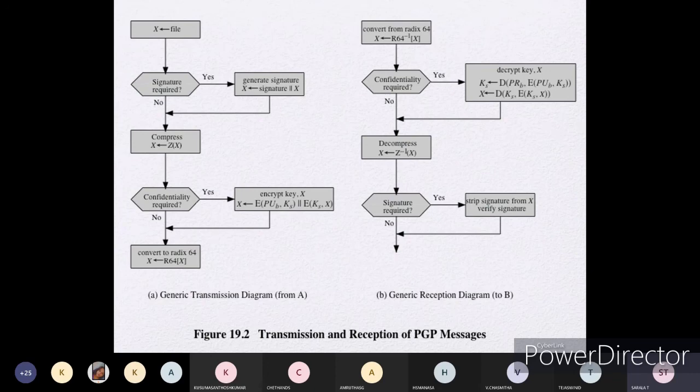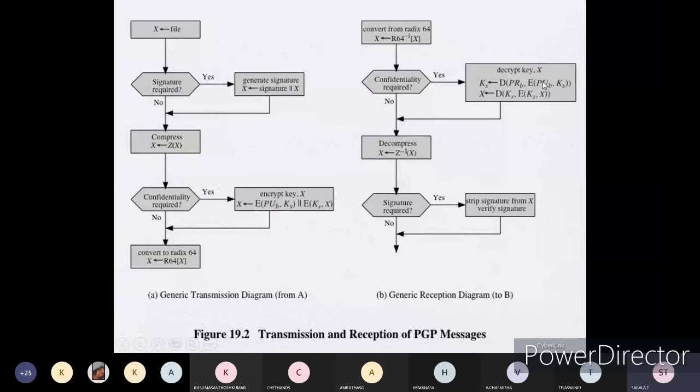If yes, you have to decrypt the actual key and message. That's why you need the decryption key and the message, to get KS, that is, whatever the session key was.